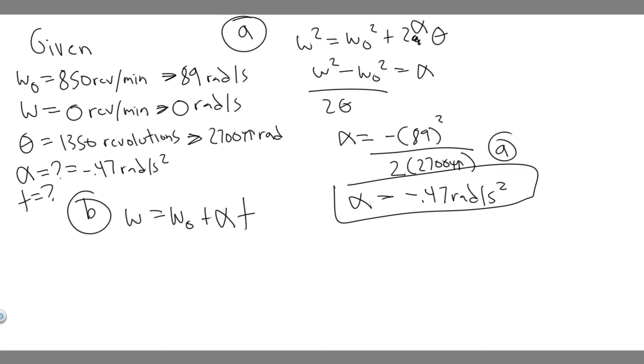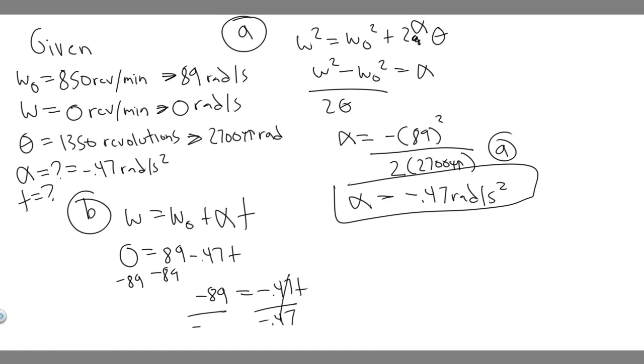And they're already in the correct units, radians per second. So this is going to be 0 equals 89, and then plus minus, so it's just minus 0.47 times t. So if we minus this to the other side, so minus 89. So minus 89 is equal to minus 0.47 t divided by minus 0.47. So go ahead and do this. Minus 89 divided by minus 0.47. So if you go ahead and do this, you're going to get t equals